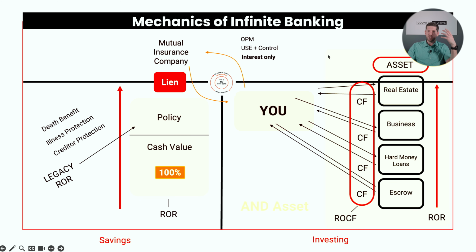So what's cool about this is you have the policy and you have the asset, so it's an and asset, not an or. Whereas if you had money in a money market or a savings account or checking account, it's either in there or the investment. In this scenario, you get both. Yes, you are paying interest when you are borrowing from the insurance company, but your policy is making that up tax-free, and that's just tumbling 24/7 for you, compounding.